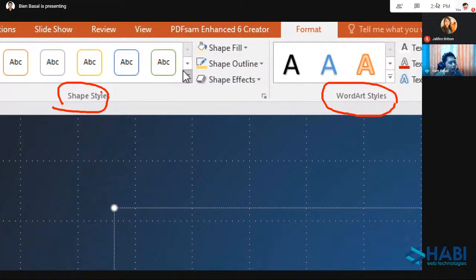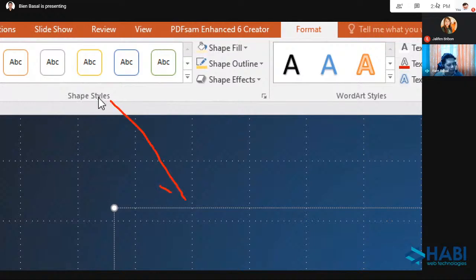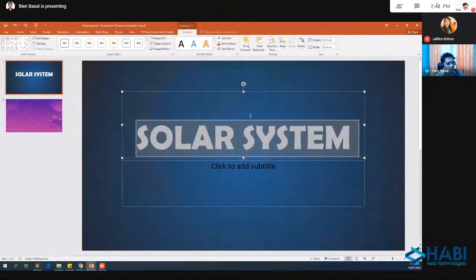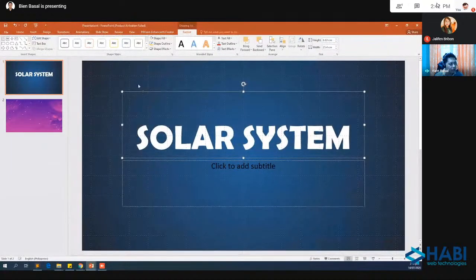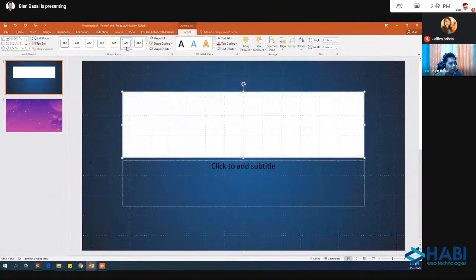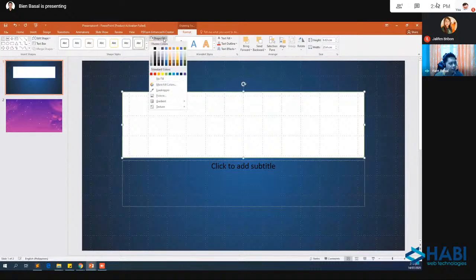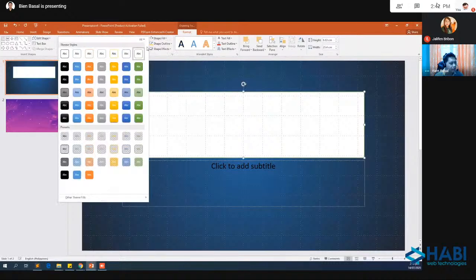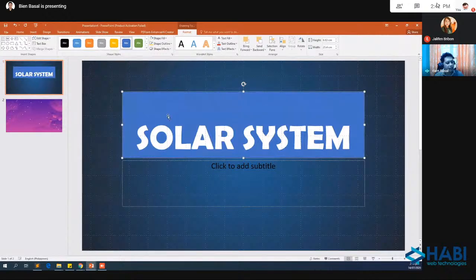Two options. If you use Shape Styles, you're applying the effect to the container of the solar system. For example, if I click this one, because I'm using a white font, maybe this one, you see, that's the effect.